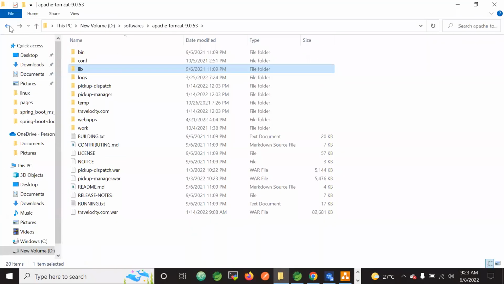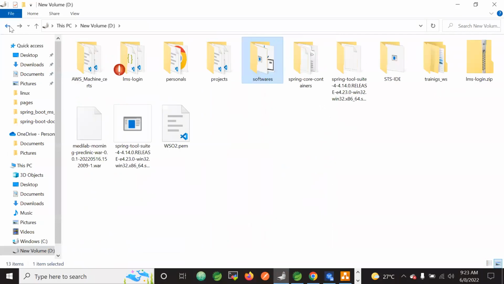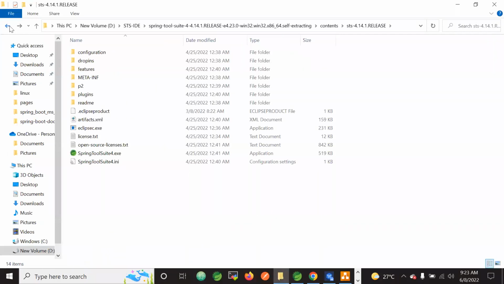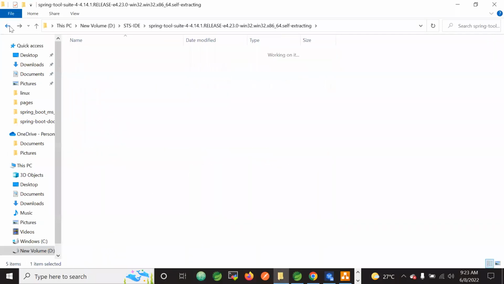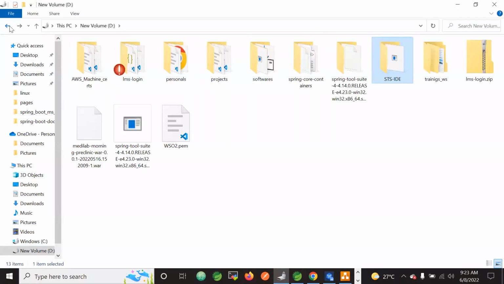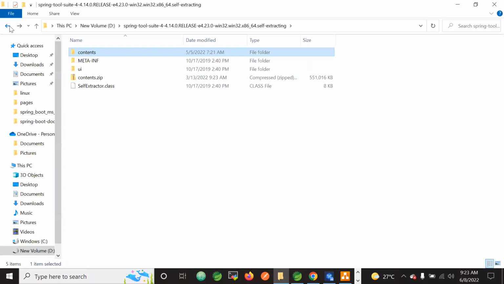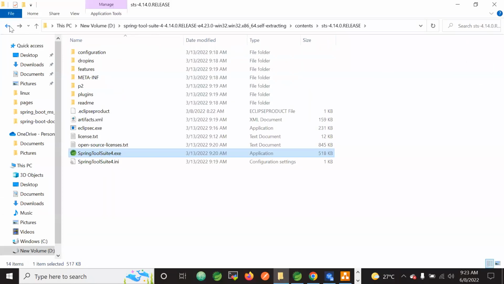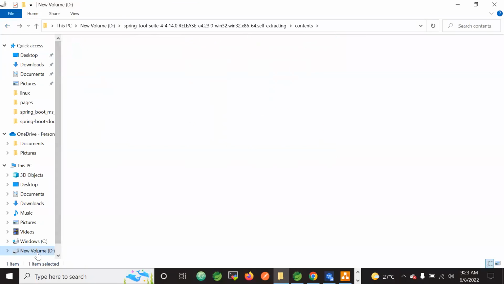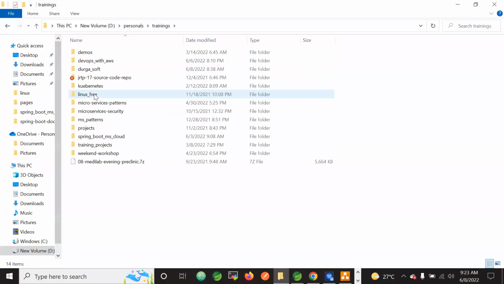Just let me go back. I believe I already have given these notes to you. Just let me go and then show one diagram to you. That is the reason I am going to our class notes. Just bear with me. Let me open the notes and then showcase you the